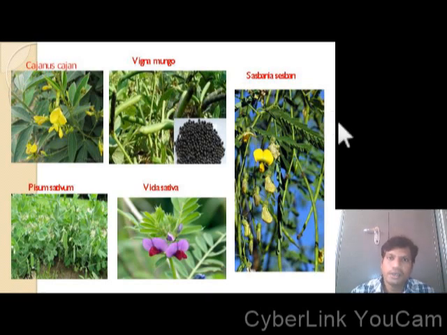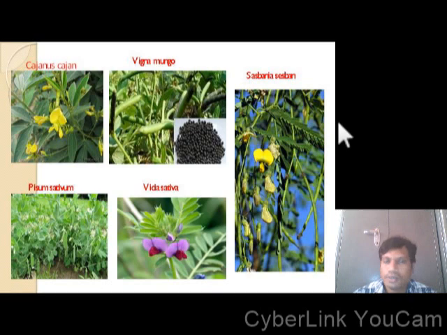Once again, a brief about the Papilionaceae members, very important to VHS. The roots contain root nodules, and the stem may be varied, and the leaf contains a pulvinous leaf base. Different types of leaves, simple leaves and pinnate and trifoliate leaves, are there. Coming to the inflorescence, it is racemose, and the flower is irregular, zygomorphic, complete and bisexual. And coming to the corolla, it is very peculiar, a papilionaceous corolla. One standard petal, two wings, and two keel petals are there.